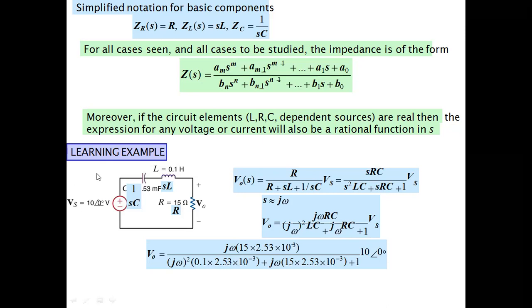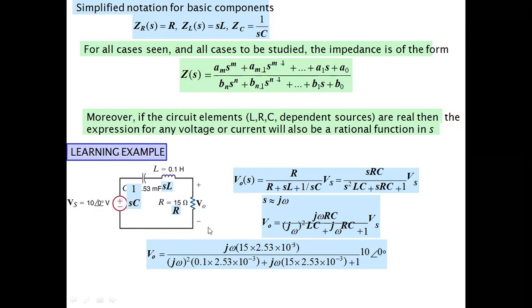So here, if we are having the values for inductor, capacitor and resistor, and we are supposed to solve the equations for the value of impedance, how can we solve? We are supposed to take those values in the frequency domain. If we are having this circuit, they have given here the value of supplied voltage, the value of inductor, the value of resistor, and the value of capacitor. The value of capacitor they have given as 2.53 microfarad, so you can take 2.53 into 10 raised to minus 6.